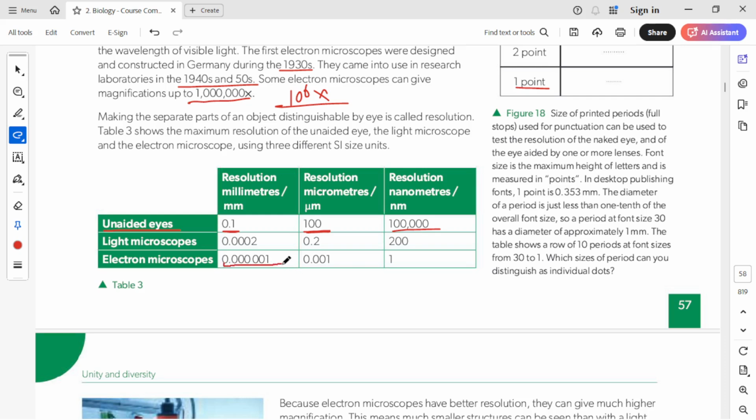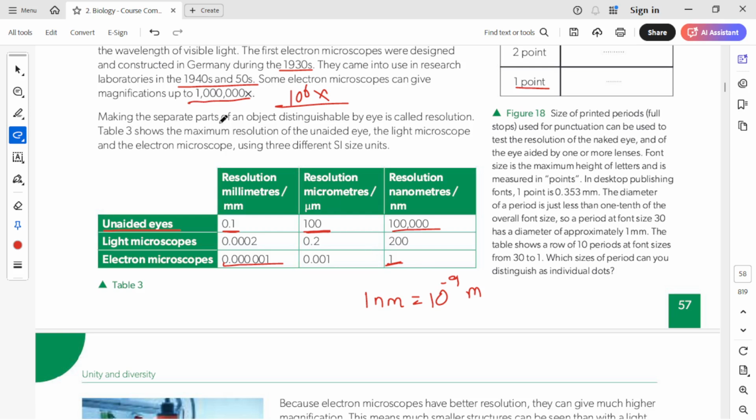So just as I told you, 10 to the power 6x is their magnification. Accordingly we can see objects of the size 1 nanometer. What is 1 nanometer? 1 nanometer is equal to 10 to the power minus 9 meters. So they are actually very small, right? I hope the resolution and magnification things, both of them, are clear to you.